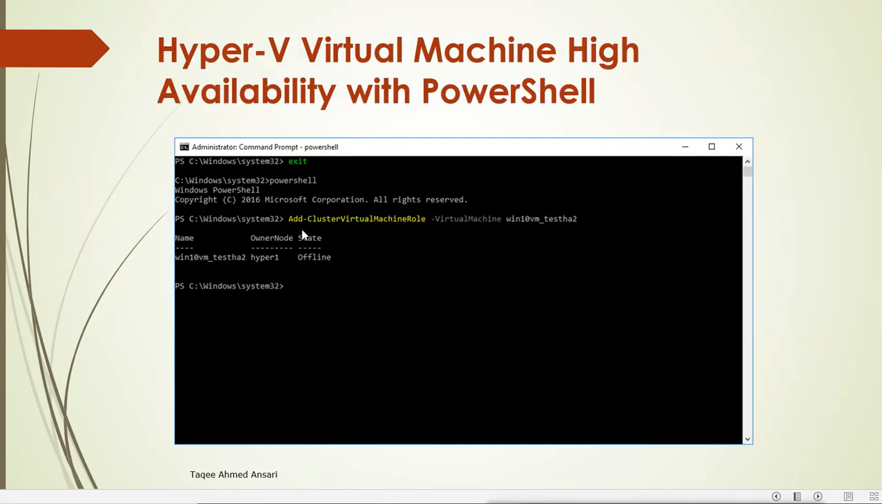We can do this by using the PowerShell command also. We can say Add-ClusterVirtualMachineRole, with the virtual machine name, and this is the virtual machine. So this will make it highly available. So this is how we can configure the virtual machine on the cluster. We can configure a highly available virtual machine on